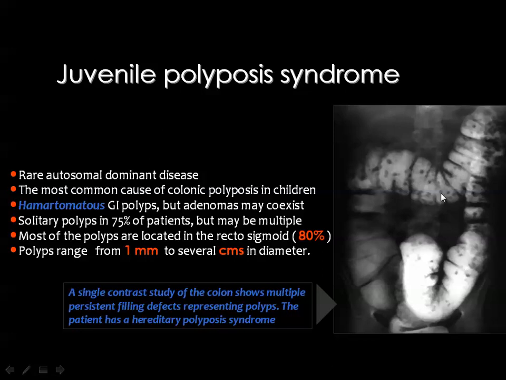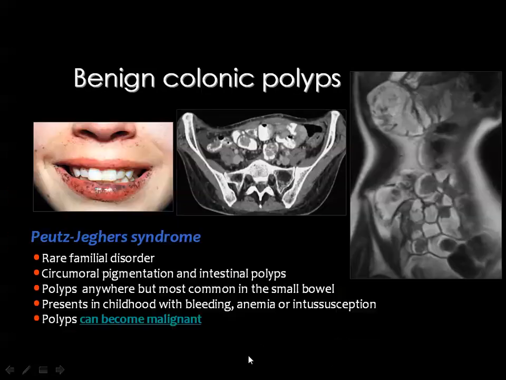Most of these polyps, or even all of these polyps, are on the hamartomatous side, and they do not have the risk of malignancy. And solitary polyps are seen in about 70% of the cases, but polyps may be multiple. Most of the polyps are located in the rectosigmoid area, 80% of the cases, and the polyps range from 1 millimeter to several centimeters. Then you remember Peutz-Jeghers syndrome, which is a familial disorder